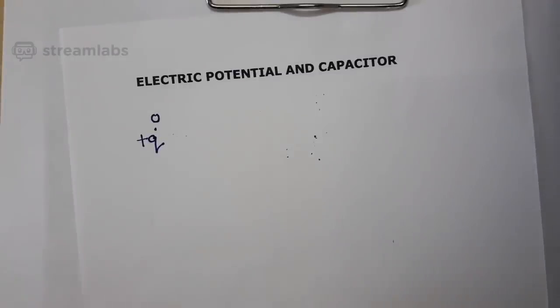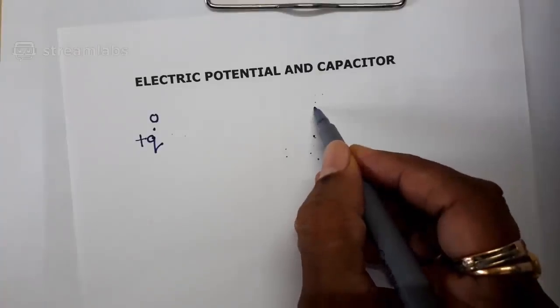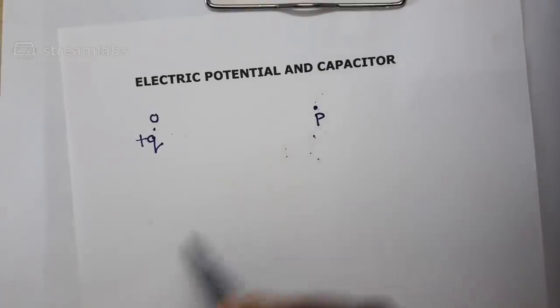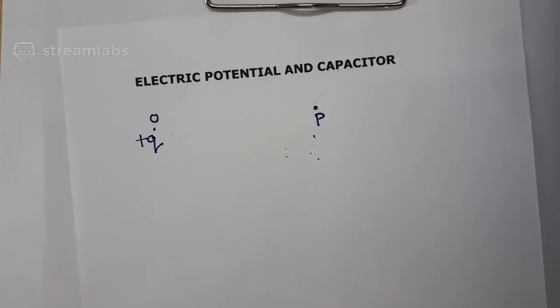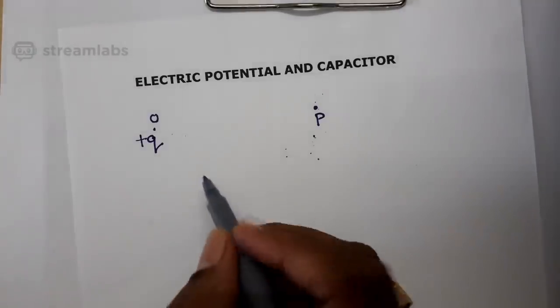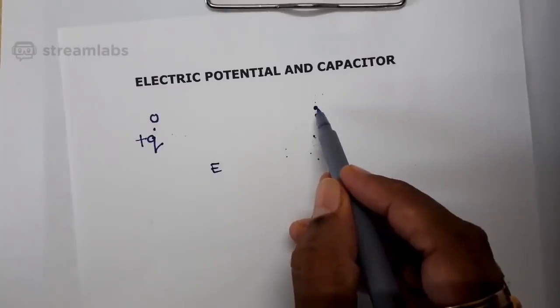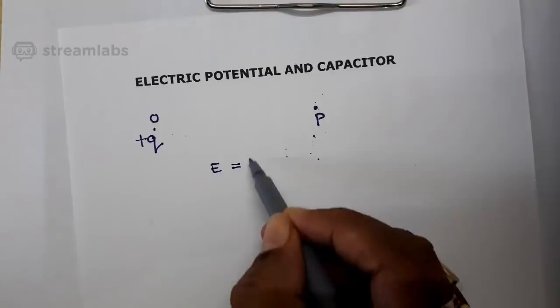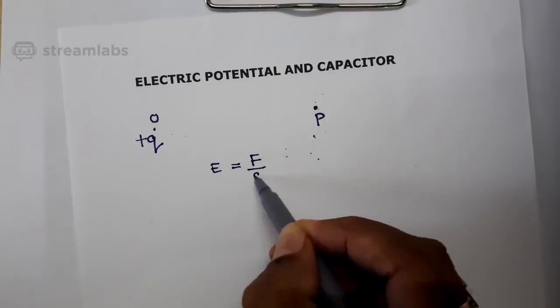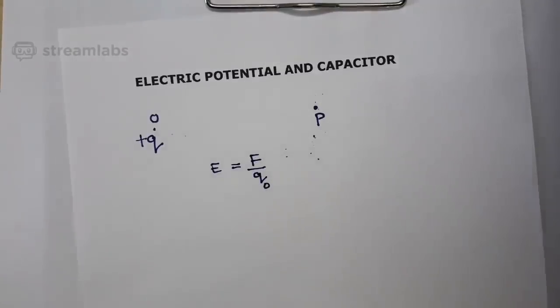As you already know, this charge produces some field around it, called the electric field. If I select some point here and name that point P, I can define electric intensity at point P. Just recall the definition of electric intensity at a point which you have learnt in the previous chapter. Electric intensity at a point is defined as the force experienced by the unit positive charge placed at that point.